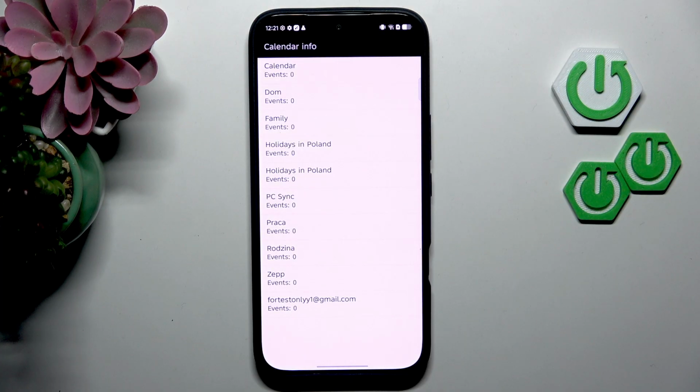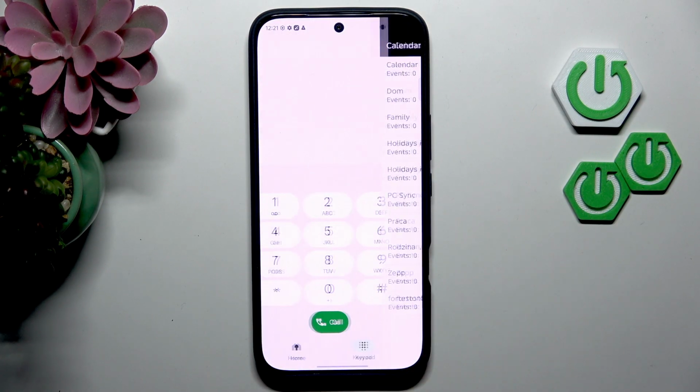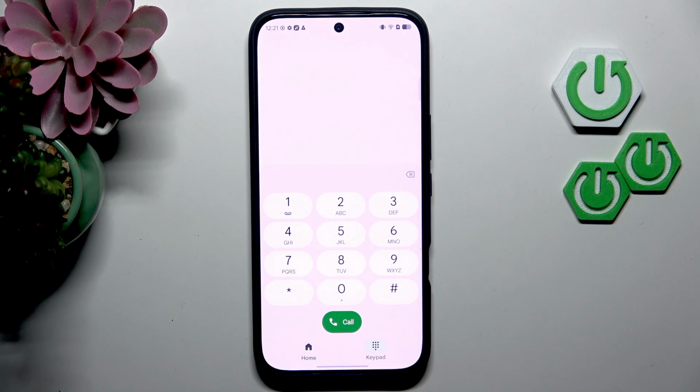Moreover, what is the problem with this section is that your device will show you the number of events. However, you cannot really enter a specific category, so you can only check the overall number. Let's go back, and another code which is